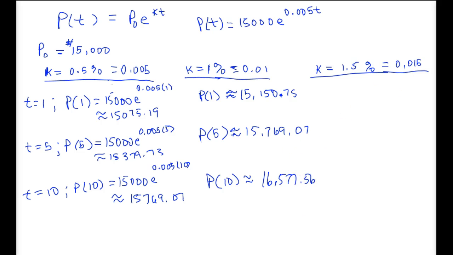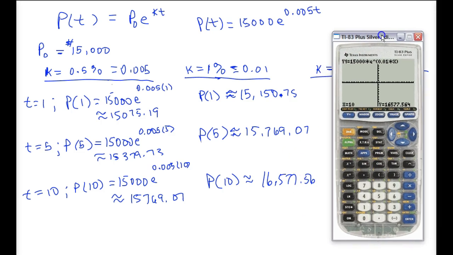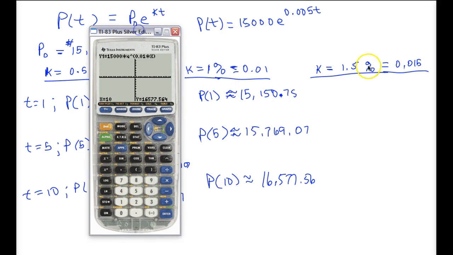Now, bringing the calculator back, we can do the same thing here for the 1.5%. And again, all we need to change is that value K, in this case from 0.01 to 0.015. So we'll go back to the y equals, and we see that here in the exponent, the 0.01. Now we're going to change that to 0.015. And so how I'm going to do that